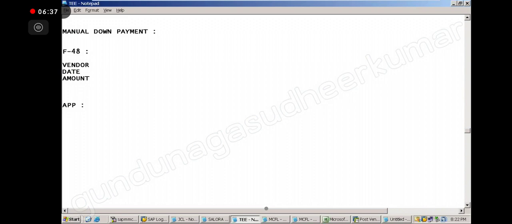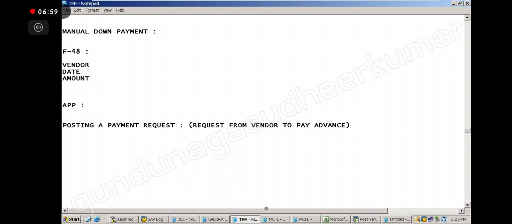How will we provide? By posting a payment request. Payment request is nothing but a request from the vendor to pay advance. That we will post.